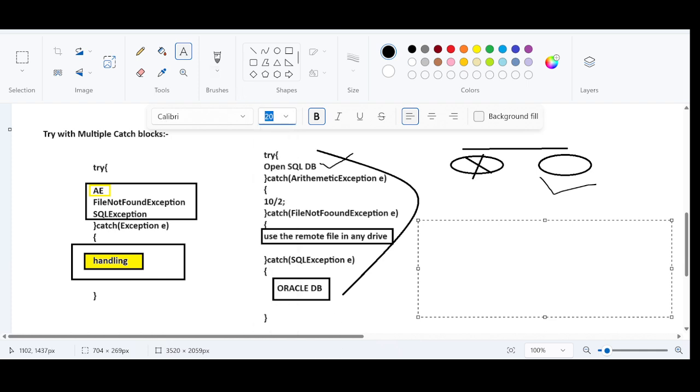So why are try with multiple catch blocks used in Java? If anyone is asking you this question, the answer is going to be very simple. When the developer is not sure about what kind of exception could be generated by the risky code, he has an option: he can use multiple catch blocks,